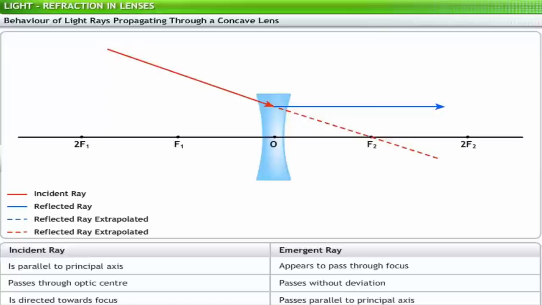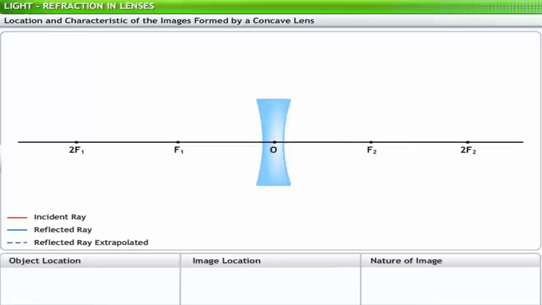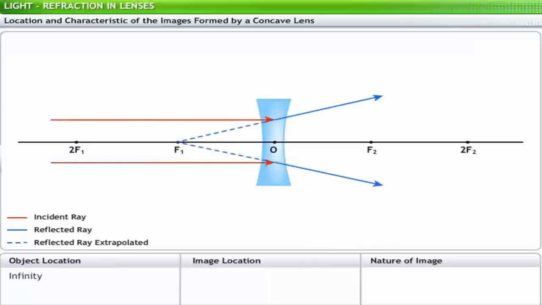Thus, we can predict the positions and the characteristics of images formed using concave lenses, based on how a light ray is incident on the lens. For each position of an object, consider two light rays emanating from a point on the object. When the object is placed at infinity, the image is formed as a point at f1 and is virtual, erect